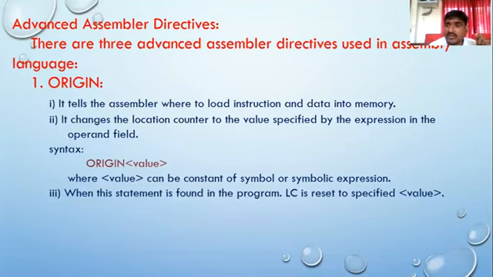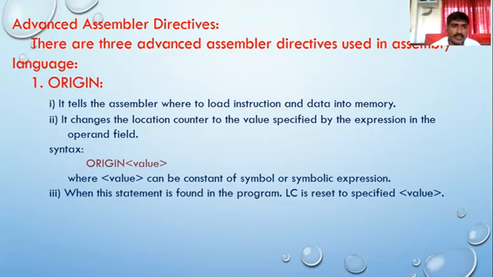That assembler directive does not require LC processing, that is, memory addresses will not be given to that directive. Now, in case of the advanced assembler directives, they are also a type of directive. They also do not require any location counter processing or LC processing. What task is done with the help of these directives? They tell the assembler which steps or which action to take when translation is performed during the translation of the particular assembly